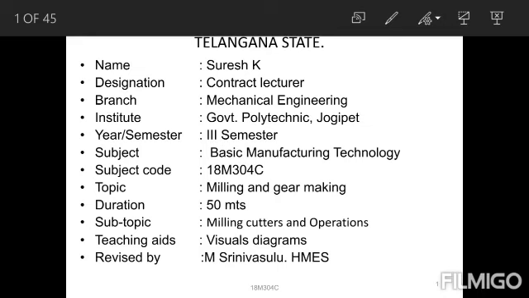These are the plain metal slitting saws, and at the same time side teeth slitting saws. There are different types of cutters, like the side teeth slitting cutter, and angle milling cutters are also there. Next are the single angle and double angle cutters. These are the different types of cutters provided in this connection.